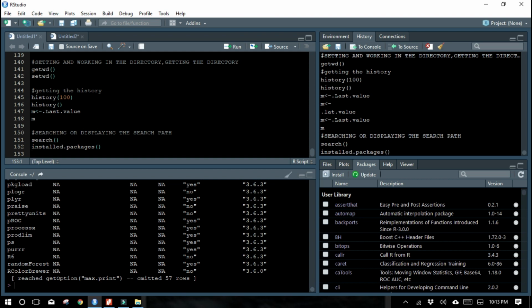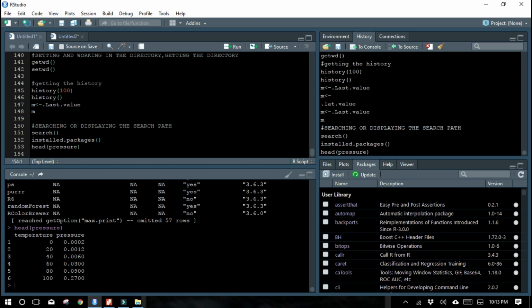If you want to use some previously built-in dataset, as of now I know a dataset called pressure. Pressure is the dataset name, and head returns the first 5 or 6 values of that dataset. Head means the head part, the first 5 to 6 values, will get displayed over here.